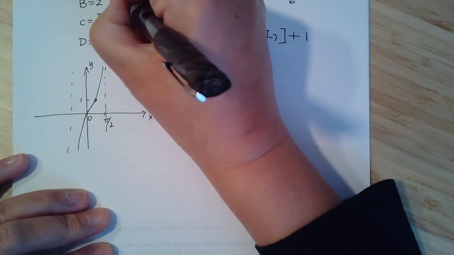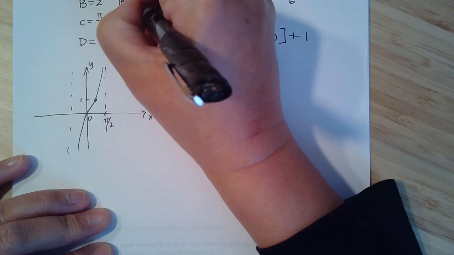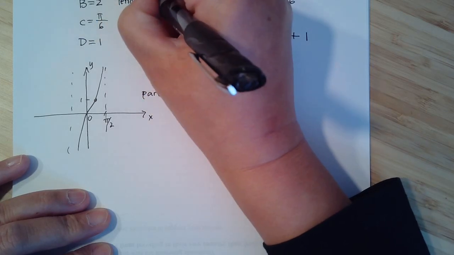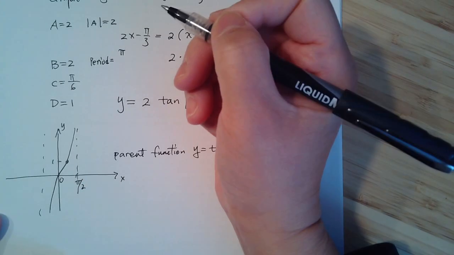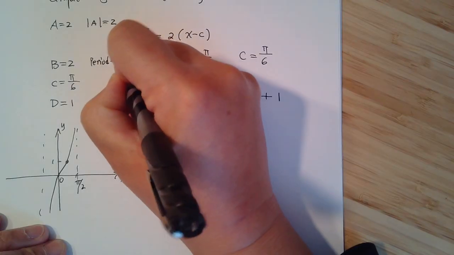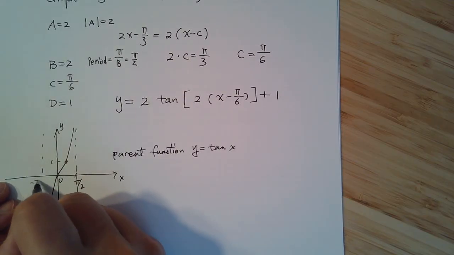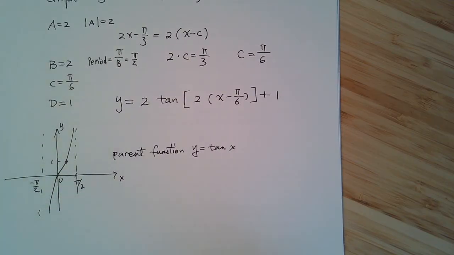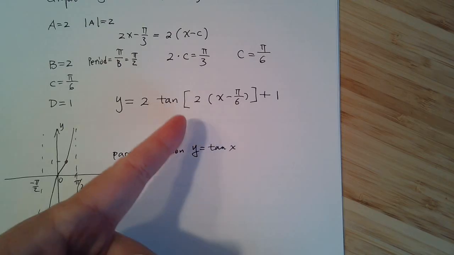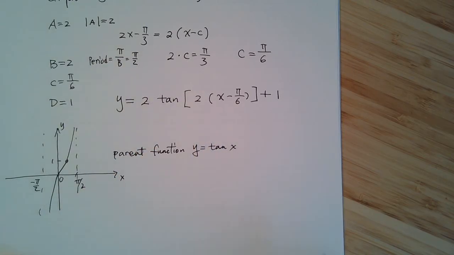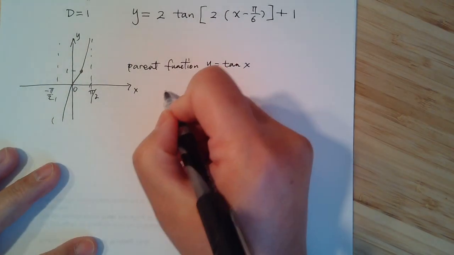But once you have a b, you have a new period. My period is the parent function's period, this time pi, divided by b, so which is pi over 2. So my new period, the old period is from here to here, right? The old period is pi, but my function's period will be just pi over 2. Okay, so I would do,